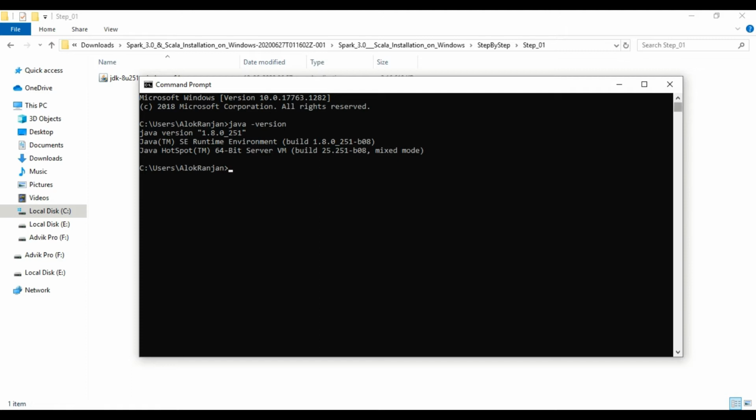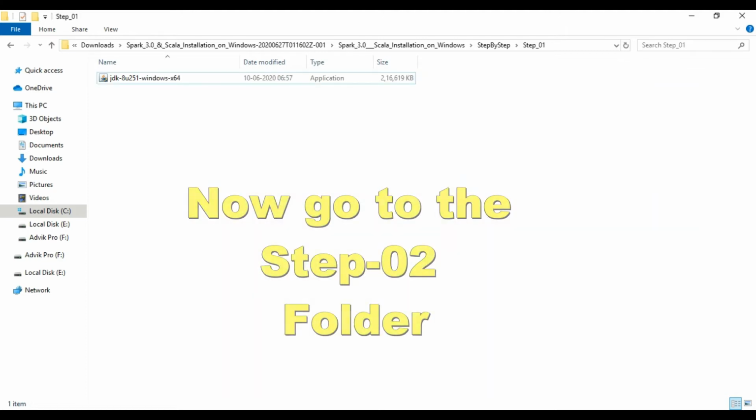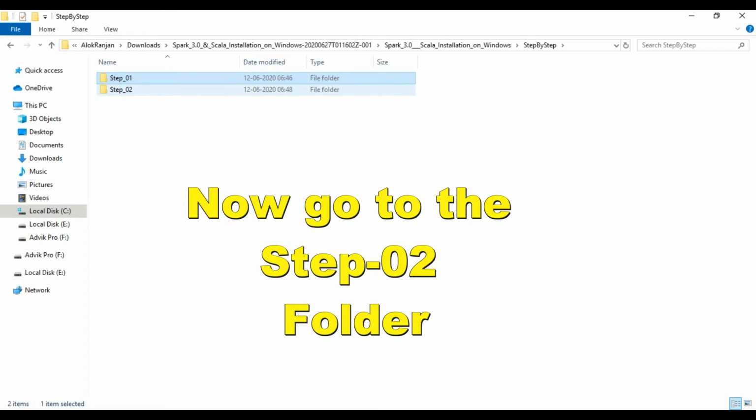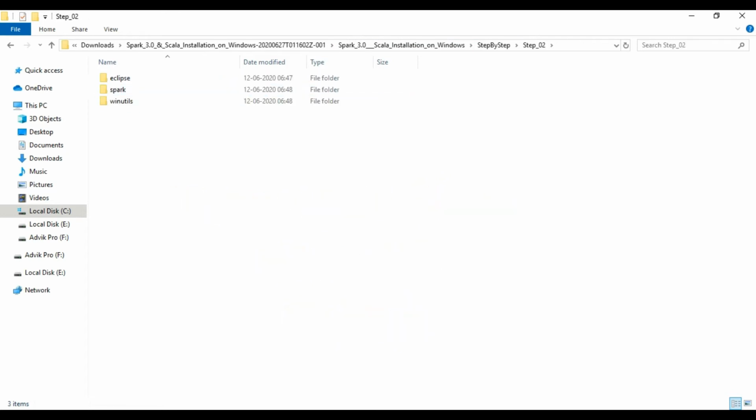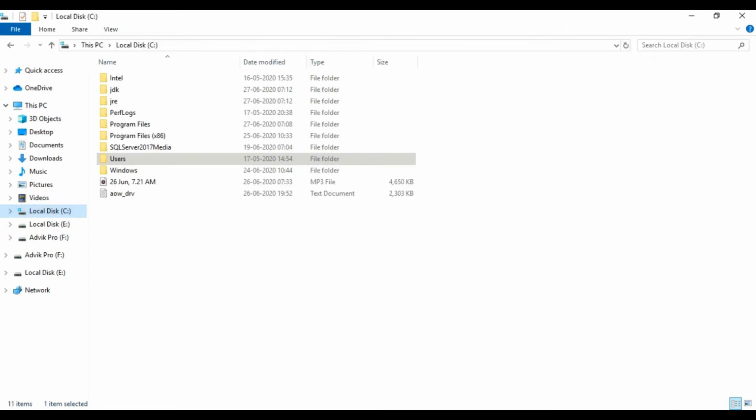We will close the window, go to step 2. This step has 3 folders: Eclipse, Spark and WinUtils. Copy all the 3 folders and paste them to C drive.